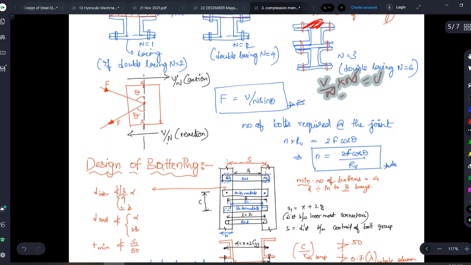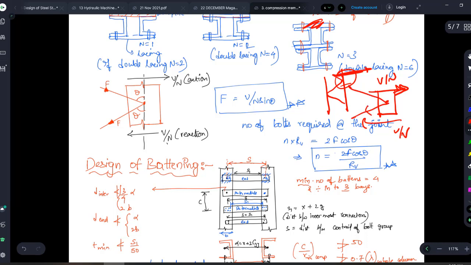So here N can be 2, it can be 3, it doesn't matter, it depends on your question. So let us take a particular section of my lacing. Let us take this section, or you can also, up to you, take this section also. Let us take this section. So what is happening, I am cutting here, right? So how much shear force is actually acting here? That will be V by N. So here I have my member. See, every action has an equal and opposite reaction. So how much is coming here? V by N. So no issues there. So here the members are coming like this. Let us say the direction for now is something like this.